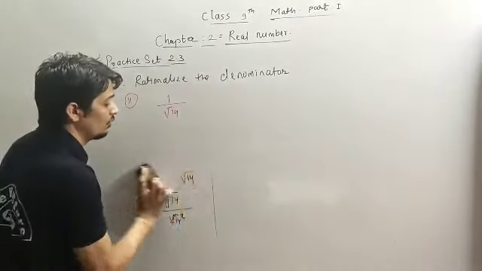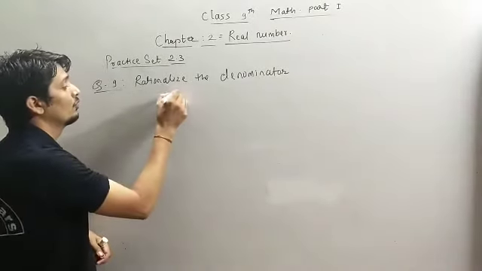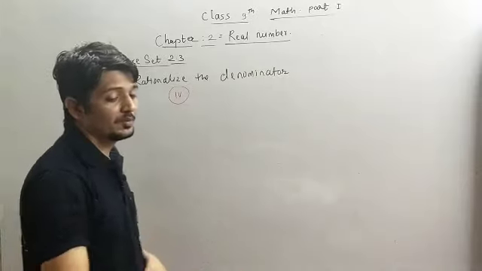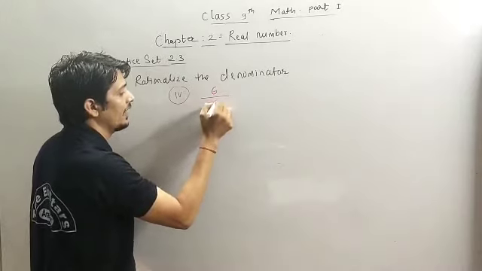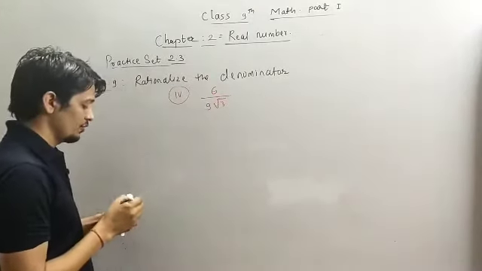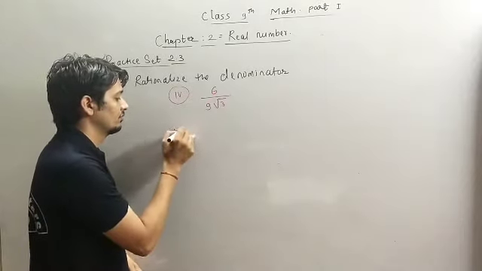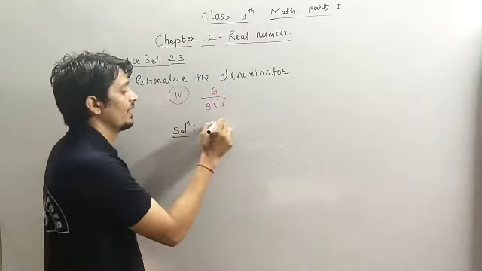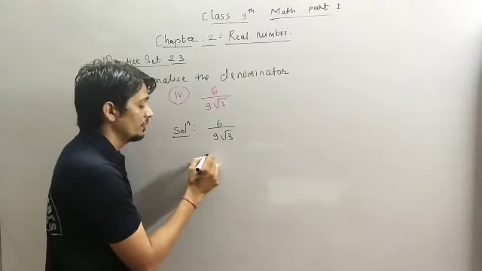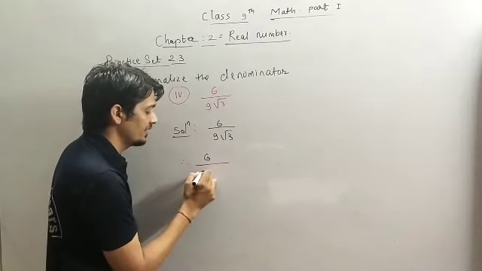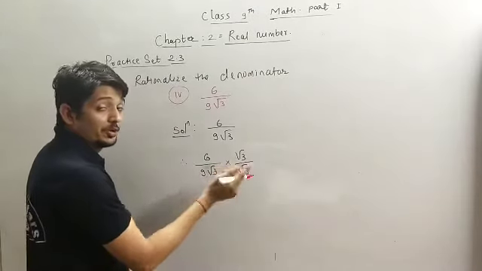Now we will solve the fourth problem because third problem is really easy. So we will solve the fourth problem. The fourth problem says 6 divided by 9 root 3. Okay. So we have to rationalize the denominator now. So solution. So we have 6 divided by 9 root 3. So therefore we can write as 6 divided by 9 root 3 into, so we have to multiply now.